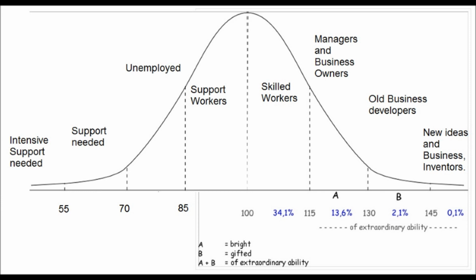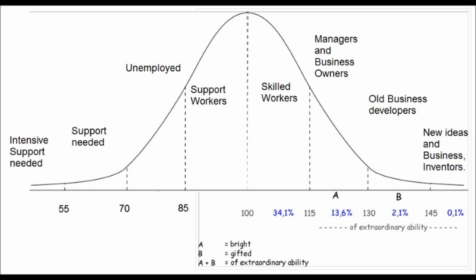So I think below 55 intensive support is needed, below 70 support is needed, below 85 unemployment is common, between 85 and 100 they are good workers but rather support workers, between 100 and 115 we can talk about skilled workers, above 115 but below 130 these people might be managers and business owners,